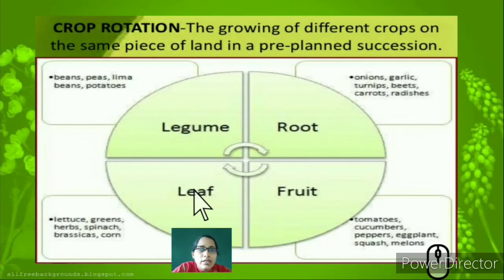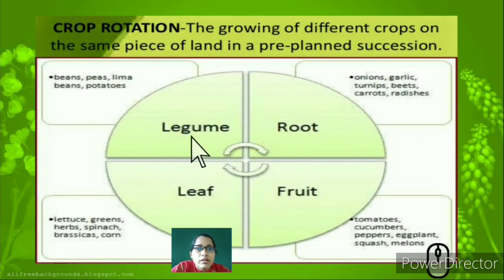So let's see the next type of cropping pattern, which is crop rotation. It is growing different crops on the same piece of land, which is pre-planned. So pre-planning initially what is to be grown after that product. After that crop is grown fully and ripened, then what is to be grown next. So you can see here